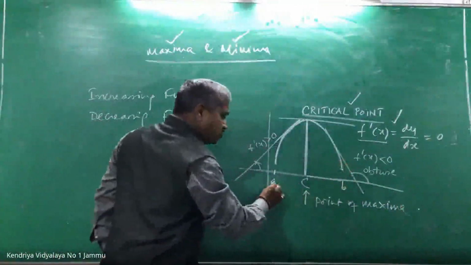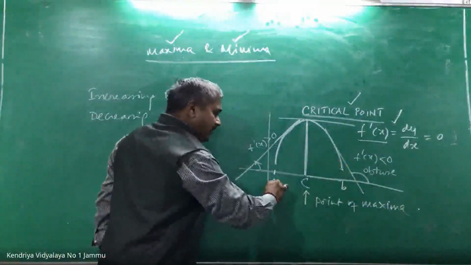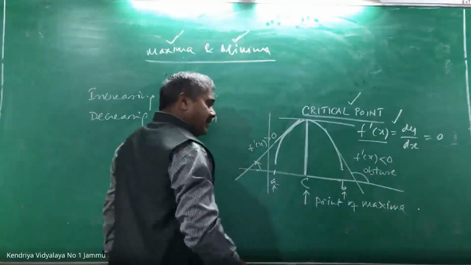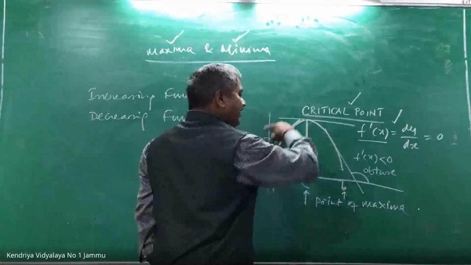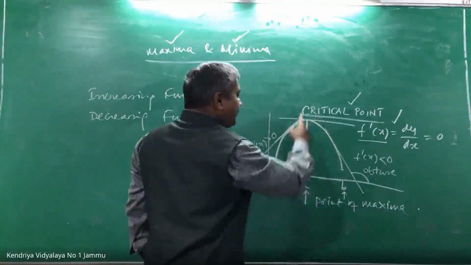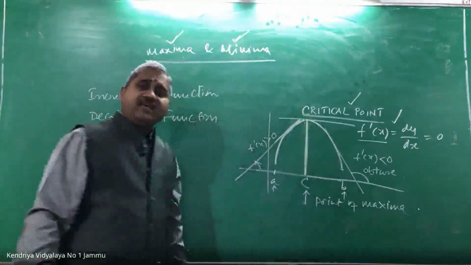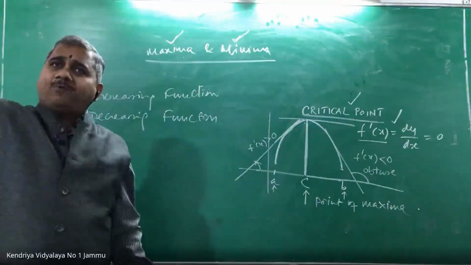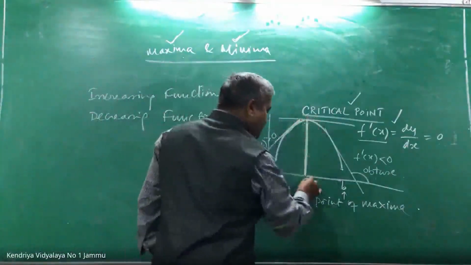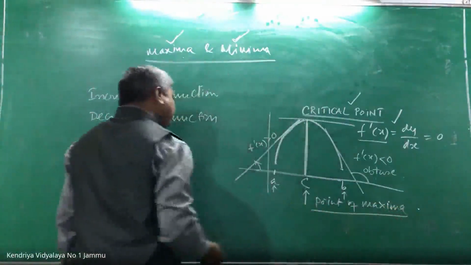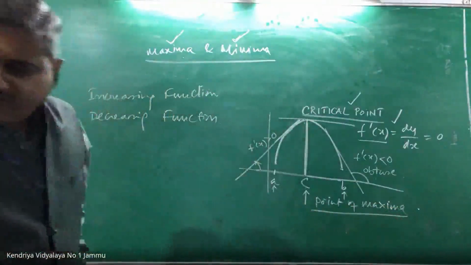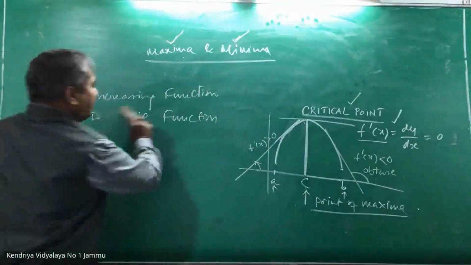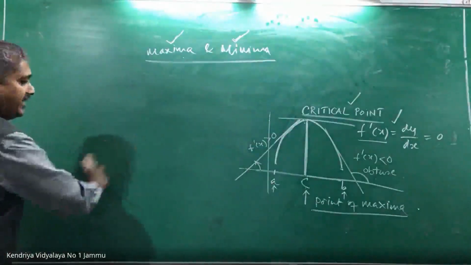Suppose you are here as a cricketing fielder and B is the wicket keeper, the ball is thrown, and it reaches the wicket keeper. In between you will find a point called C. That point is known as the critical point. The point of reaching the highest point is called the point of maxima. In a similar way, let me convey the same language in the world of decreasing, so here is the diagram.